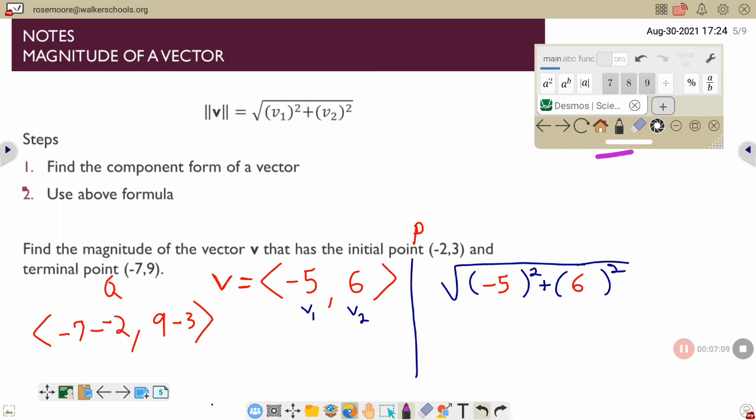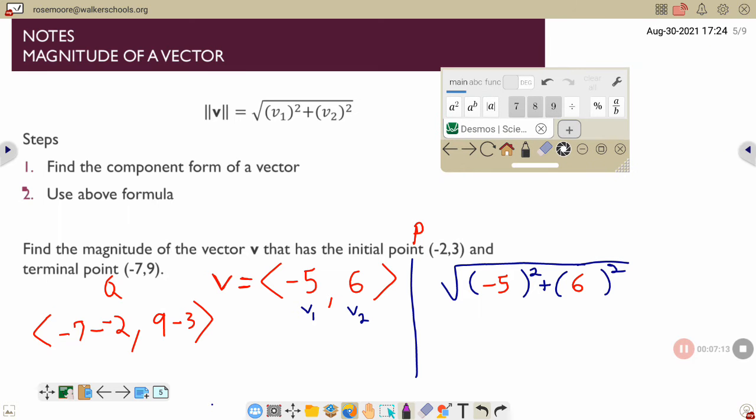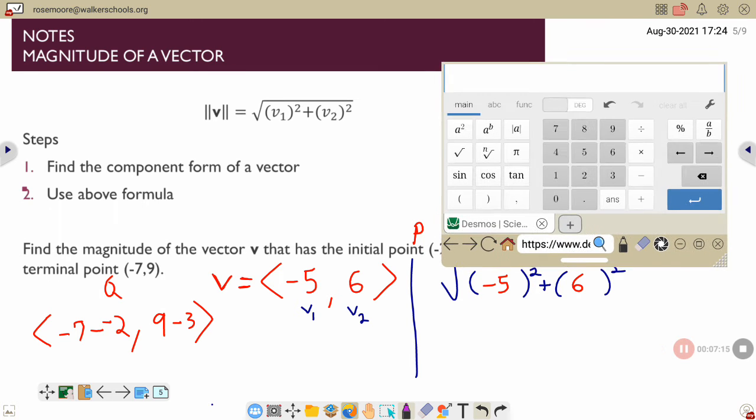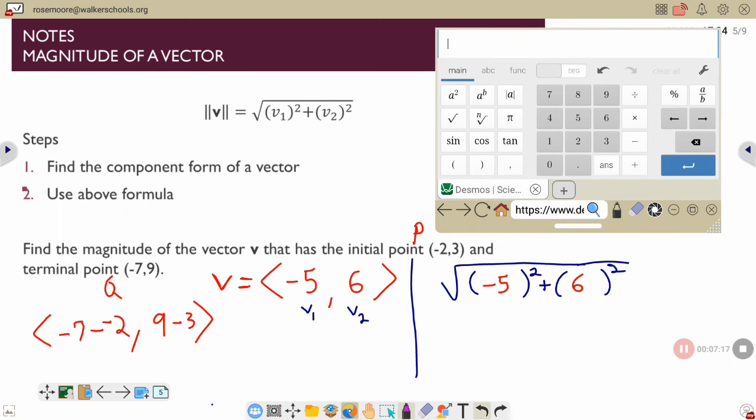a lot of you like to use, if you type this in the calculator, sorry, you have to fight with the calculator, you can use the scientific mode on Desmos just fine. Just make sure you're using parentheses carefully. So square root, okay, parentheses, -5, close parentheses, squared,